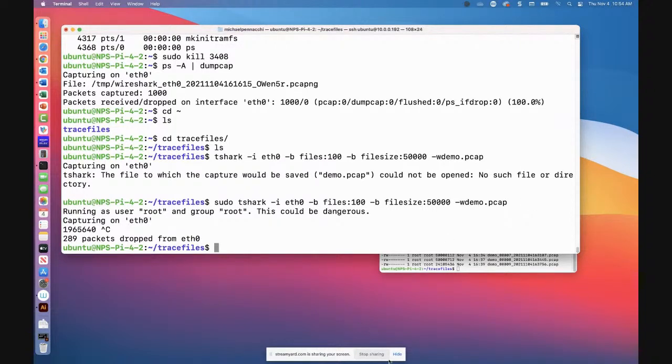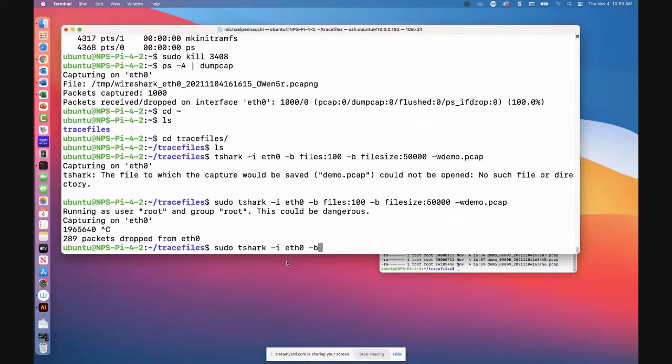I loaded TShark on this Raspberry Pi, so I did a sudo apt install tshark. TShark is the command line version of Wireshark. So now I can say sudo tshark -i eth0, so I'm going to capture on interface Ethernet 0.